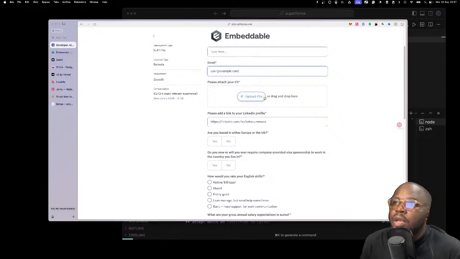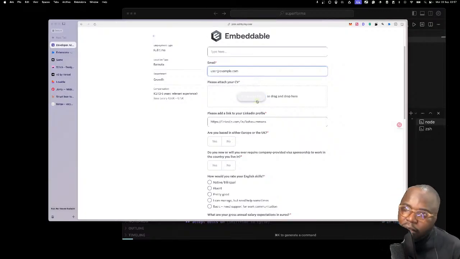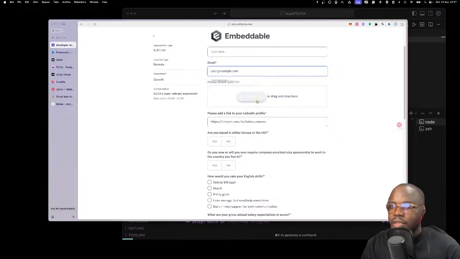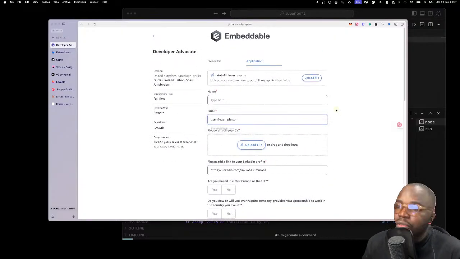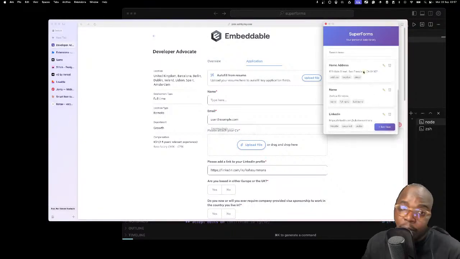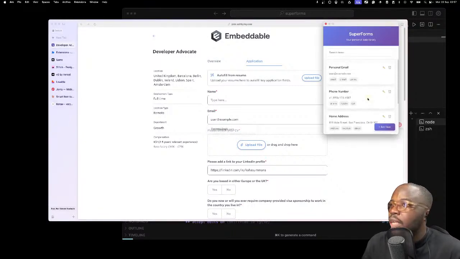So I probably have to, I don't know if this is possible, but we're gonna try it. I have to open my upload file and click the same thing over. And what if I can just do this and then boom, and this file is uploaded, right? I don't have to open something, go search, click. Imagine having to fill like 100 of this type of form every day, and that's the process you go through. There should definitely be a better way, right? So that is why I'm building Superforms, or trying to hack on it anyway.